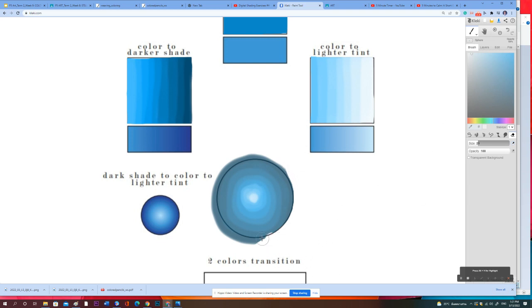Oops. If you make a mistake like this one, you can just click this arrow, undo, okay? And you'll go back to the last stroke that you made. Okay, it doesn't need